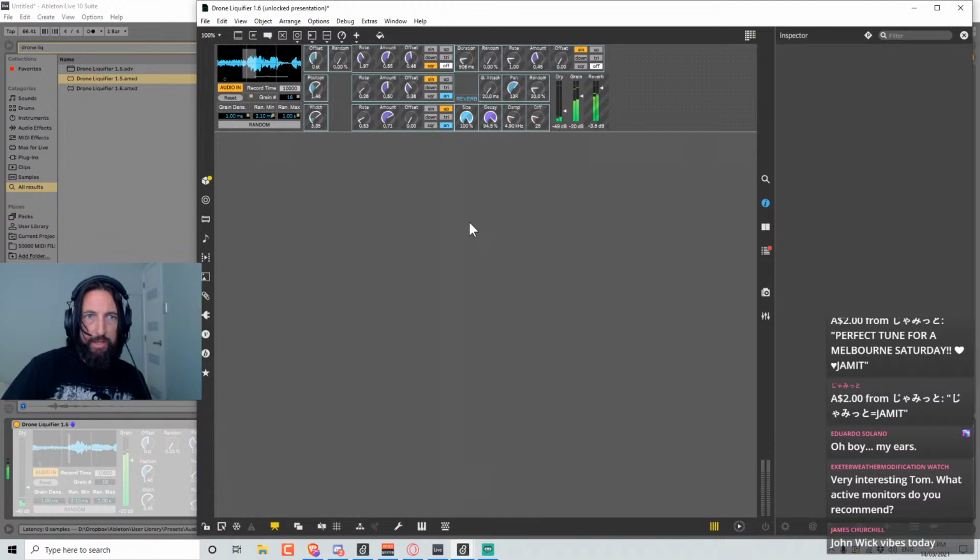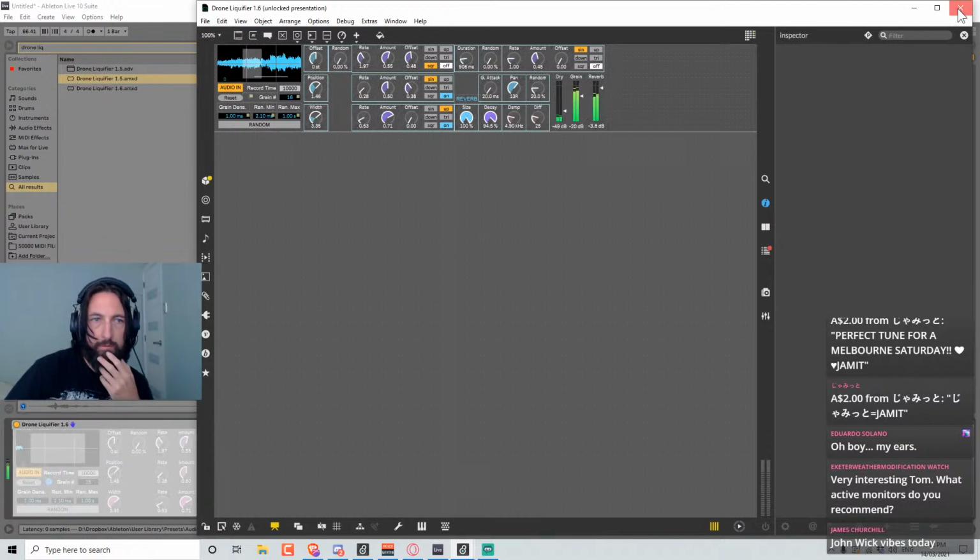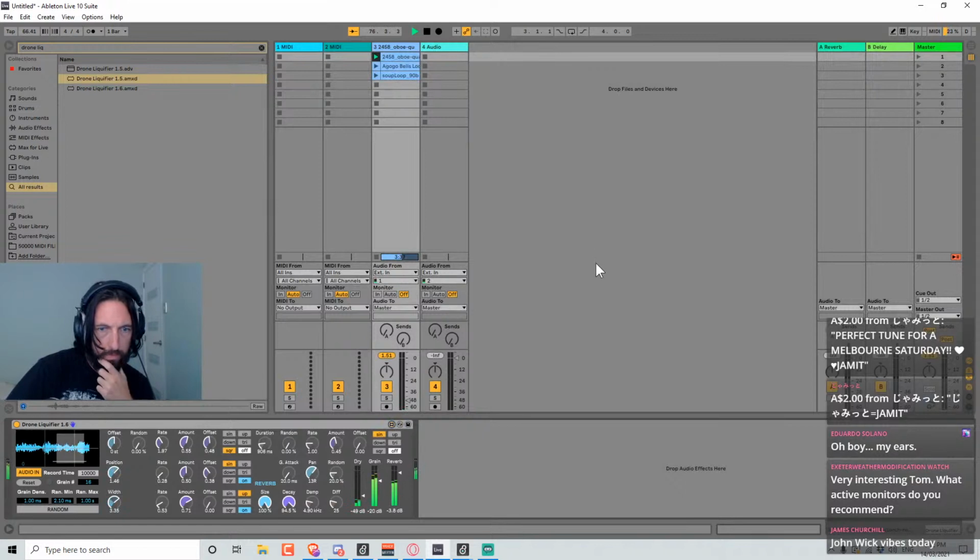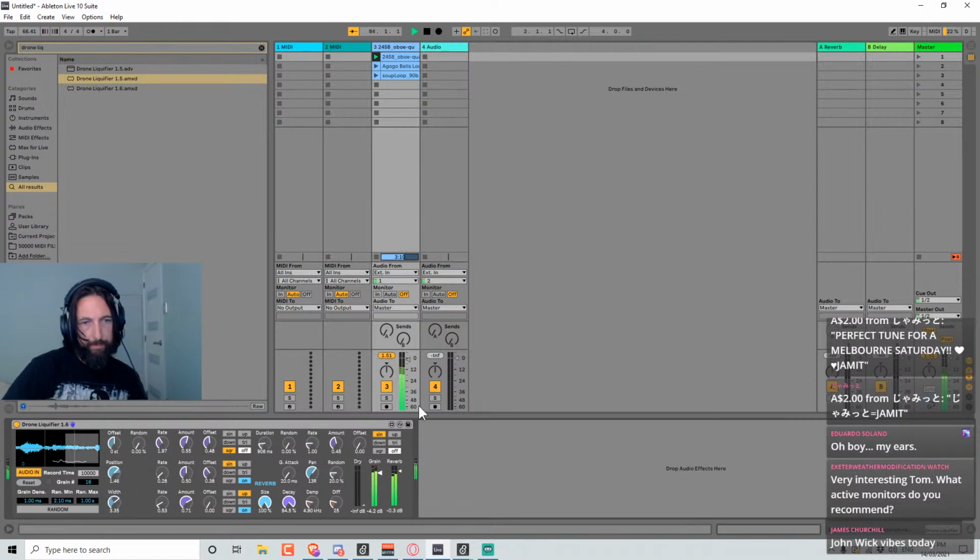Let's check out how that looks in the actual Ableton Live. Let's check it works. So we can bring grain and reverb down. Very good. Grain's got to come through the reverb, and vice versa. Okay. We can fix that, no problem.